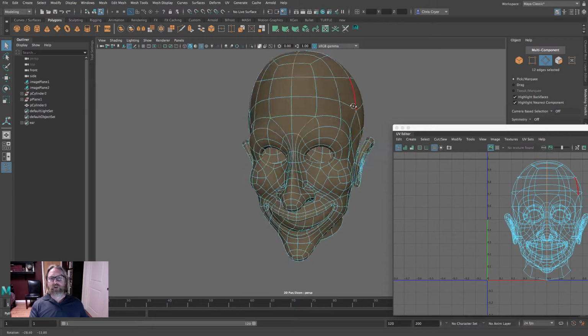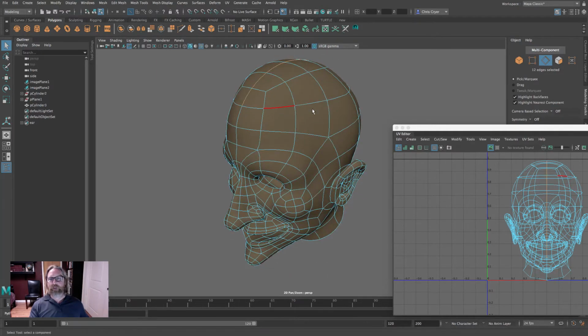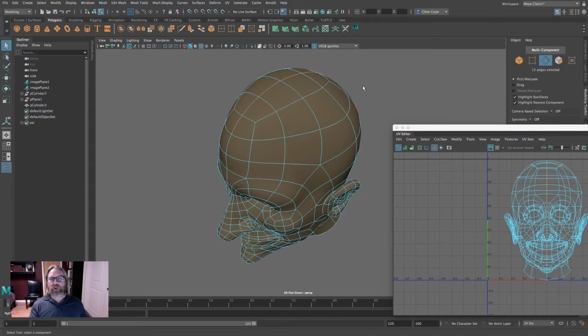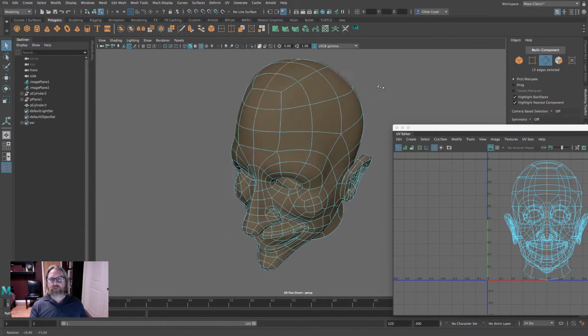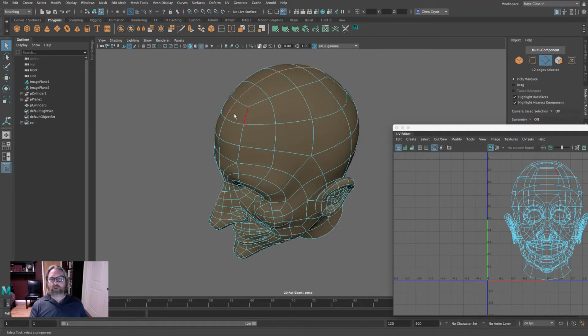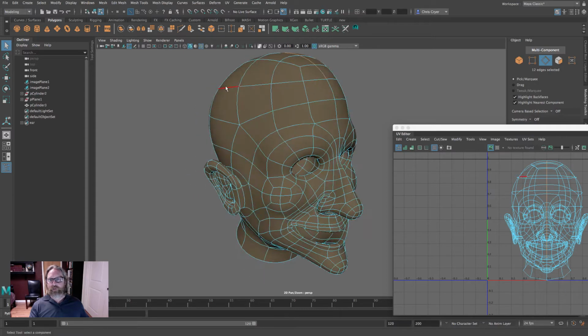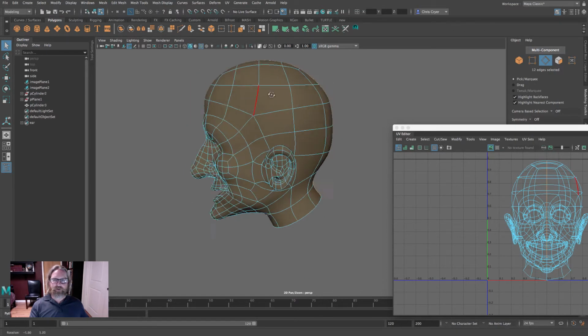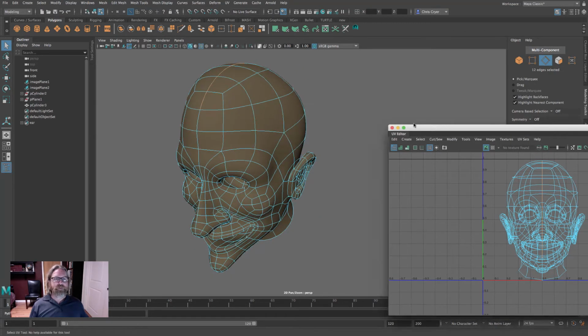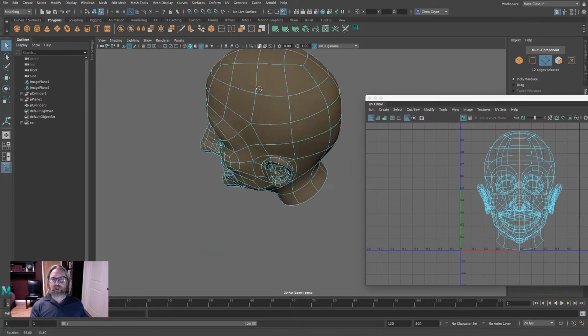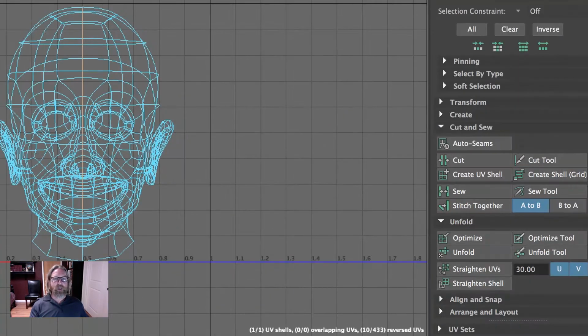Now our character is not going to have hair, it's going to have a hat, but that still applies here. We're putting the seam in the least conspicuous place, and that would be covered by hair or a hat. If you wanted a character without hair or without a hat, you could pick a different, strategically placed seam. But this is pretty standard practice to have that selected there. And we'll hit cut,